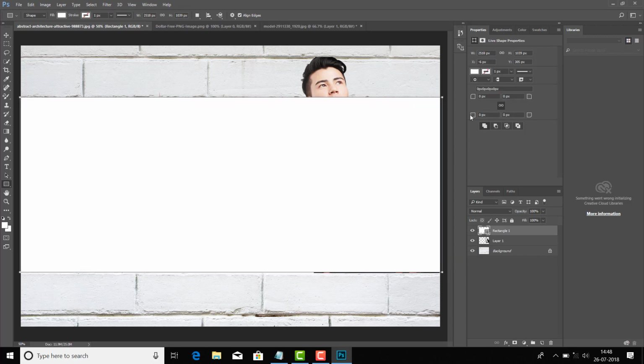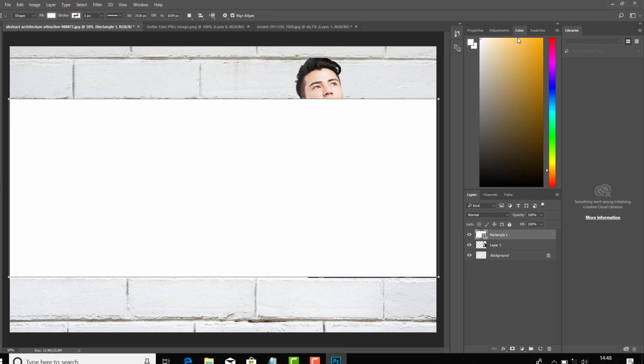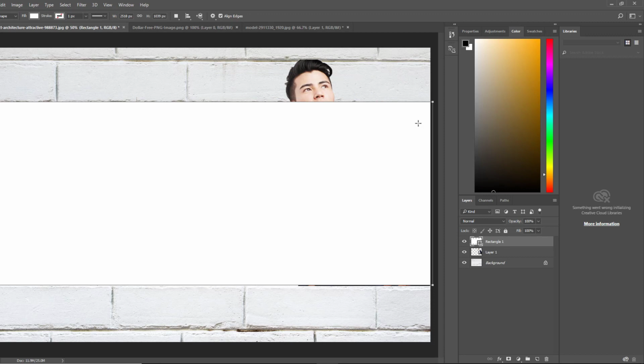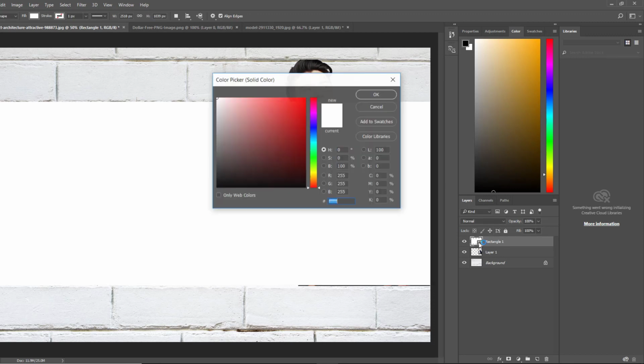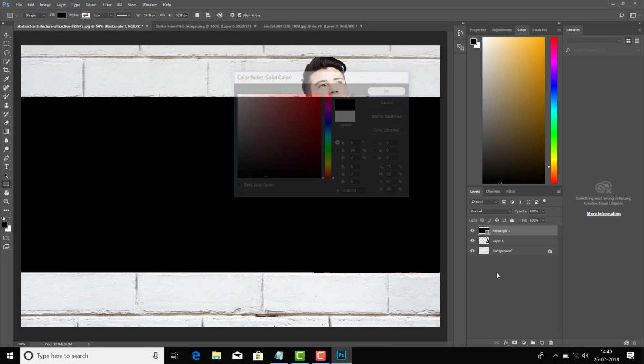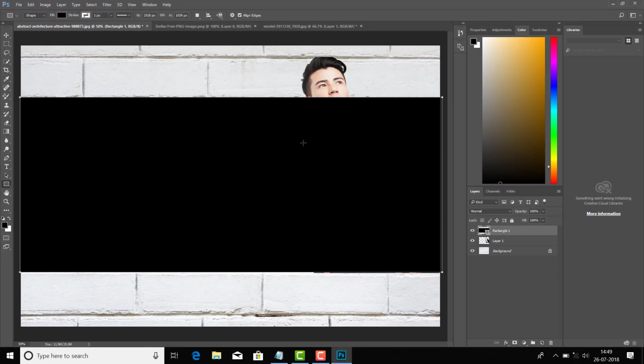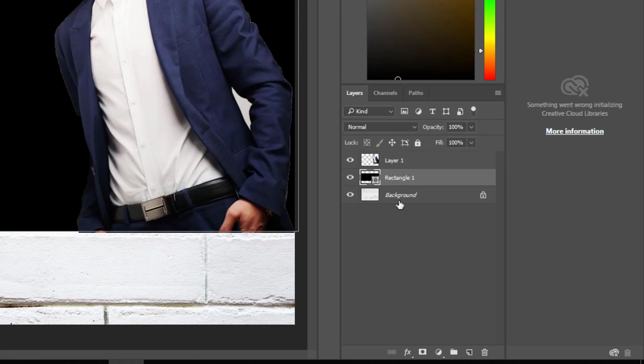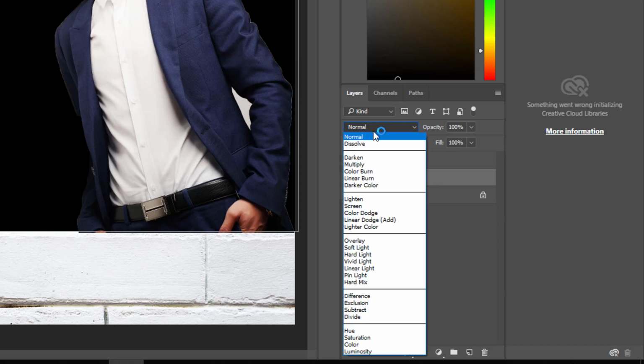and go to this color and select the color as black. Okay, choose the color as black. If you double click, you can see that you can change the color, and drag this rectangle layer below the model layer like this,